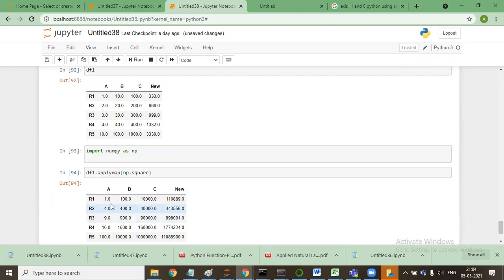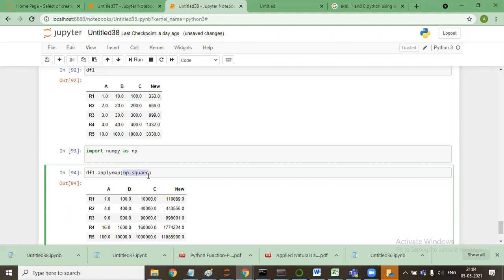So guys, these functions, let me tell you the key. These functions are pretty much simple, provided you know the context of how they are being used. Now I simply said np.square. This means applymap itself knows that it needs to be applied to every value.